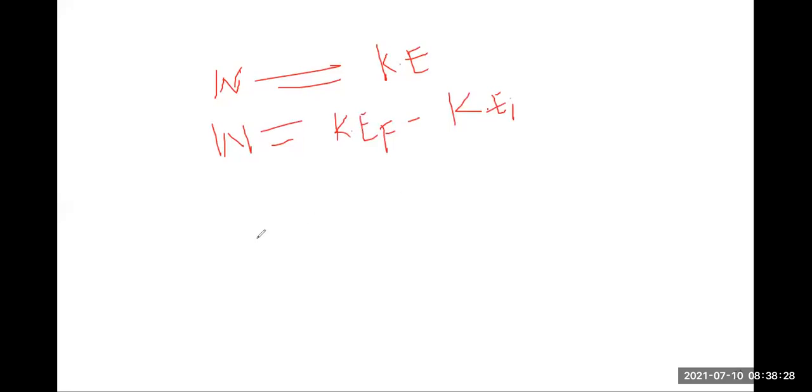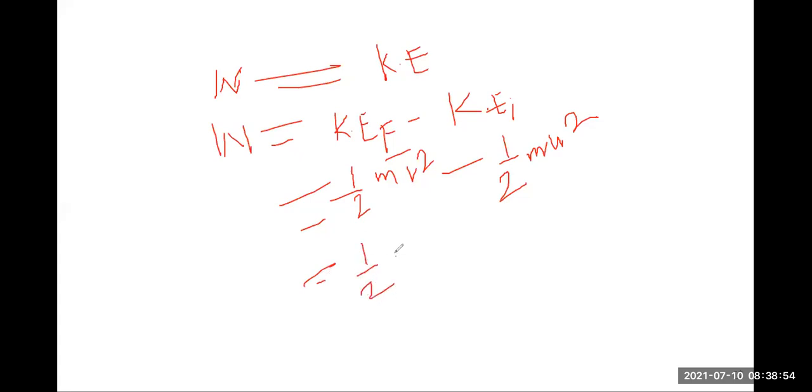Okay. So here we are going to put the formula of kinetic energy. What is the formula? Half mv square. Already we know. So here for final we are writing mv square and for initial we are writing mu square. Now 1/2 is common, so we can take 1/2 common. M is also common. Then v square minus u square. Getting it? Yes, sir.